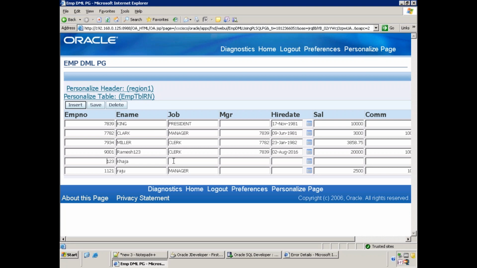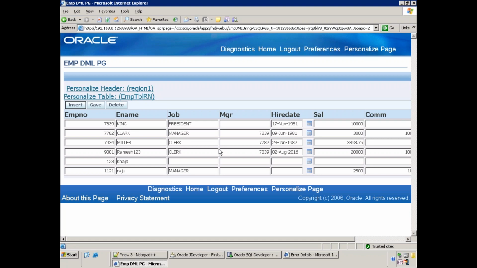So the problem here is when you're using a VO with the concept of PL/SQL API, we have to write separate logic for the insertion, separate logic for the updation, and we also need to know which record is updated and which record is inserted. Now within the OAF VO, there is no concept to find out whether the record which is available now is from the database or from the Java. That we don't have as of now. Clear? So for that we have an alternative logic. Let us implement that.